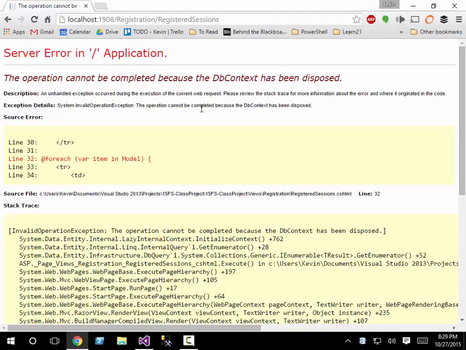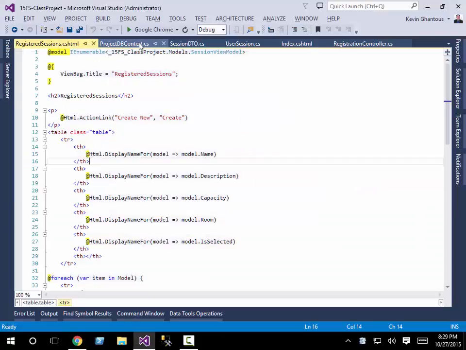If you ever run into this error, operation cannot be completed because the DB context has been disposed, that's because you returned an IQueryable or a DB set to the view and not a list. So the way to fix this is actually very easy. You go back into your controller,